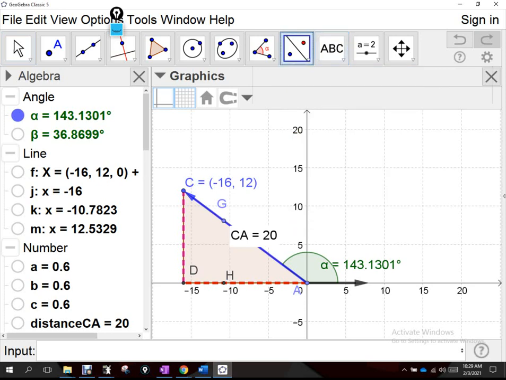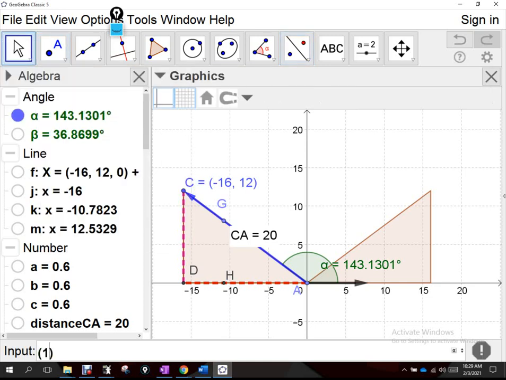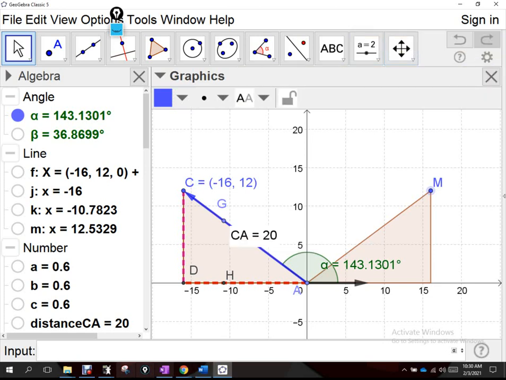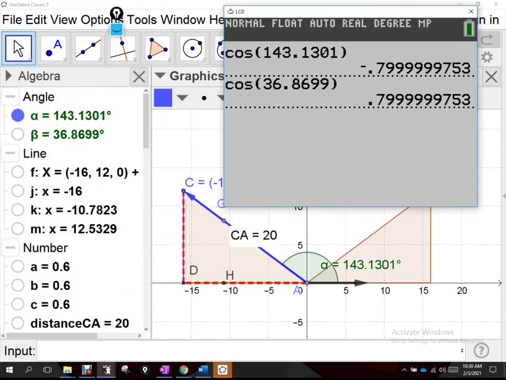cosine of 36.8699, I'm now talking about this triangle over here, and that x value would be positive 16, comma 12, wouldn't it? So I'm taking a positive divided by a positive in that case. And that's why on our calculator, when we type in cosine of 36.8699, we're getting a positive version. Okay? But the positive version is still good. I still record that value right there and use that value,